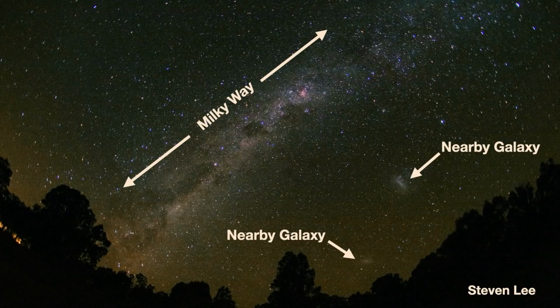So that's obviously the plane of our own galaxy, the Milky Way, and these two galaxies are, the lower down one is the so-called Small Magellanic Cloud, and this one slightly further up to the right is the Large Magellanic Cloud. These are known as satellite galaxies of the Milky Way, and the word satellite is supposed to make us think of things in orbit.